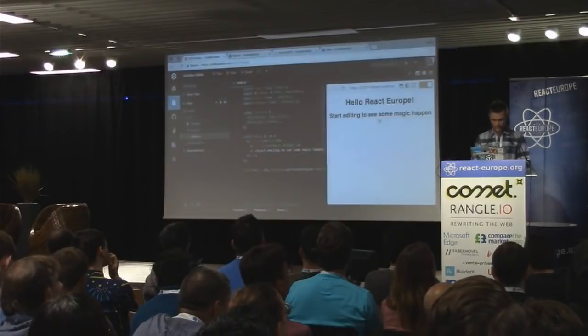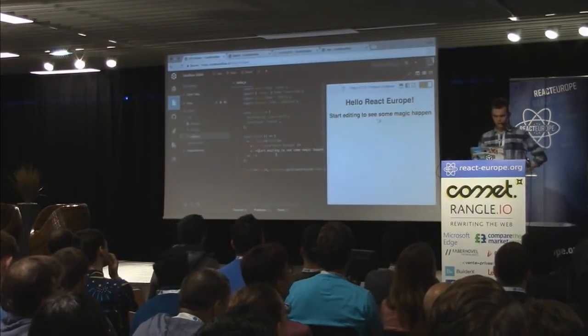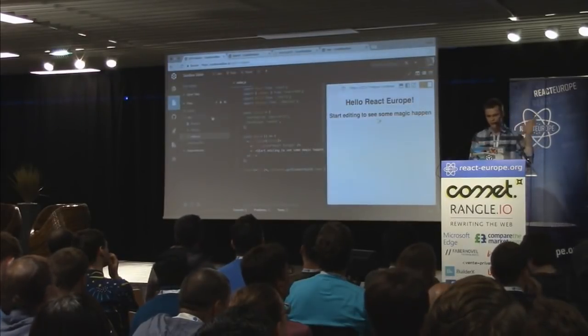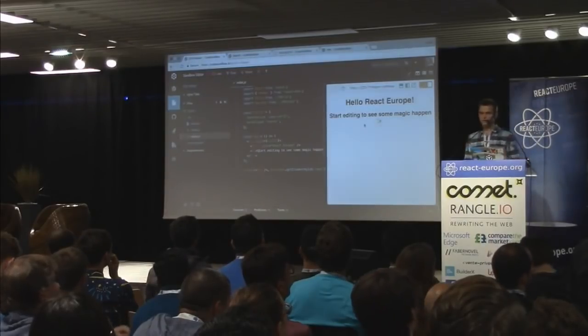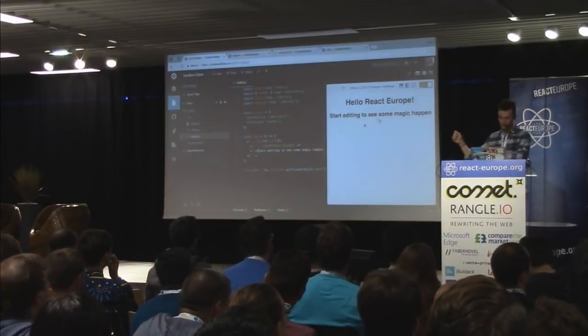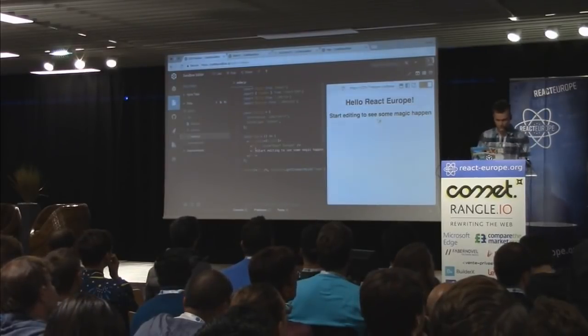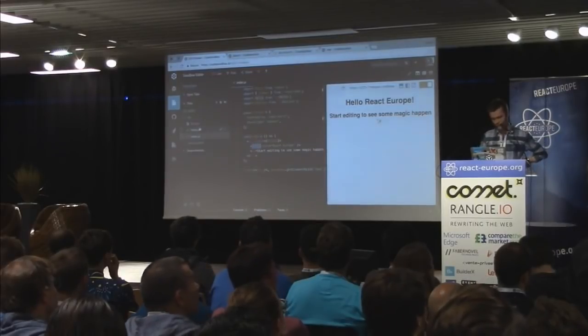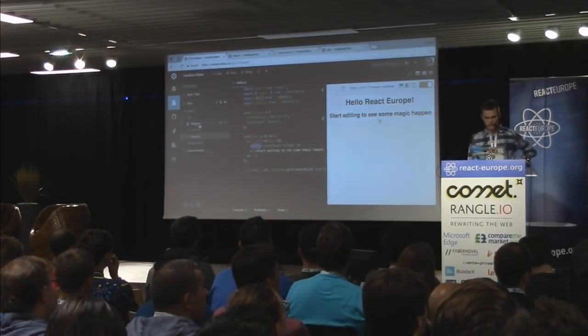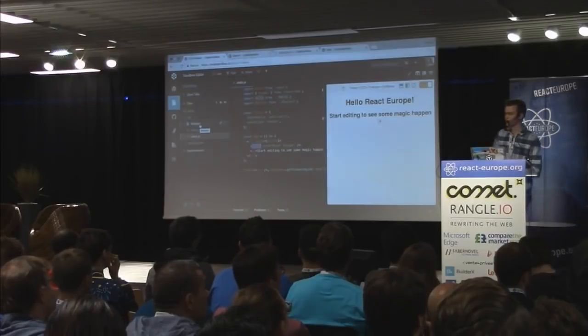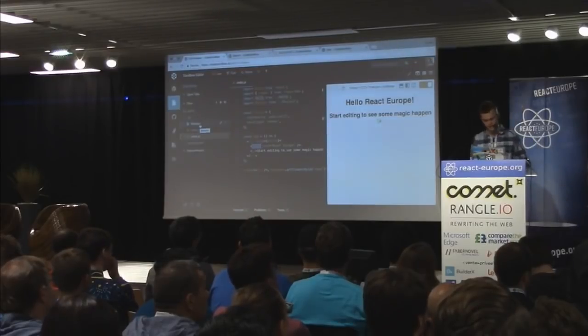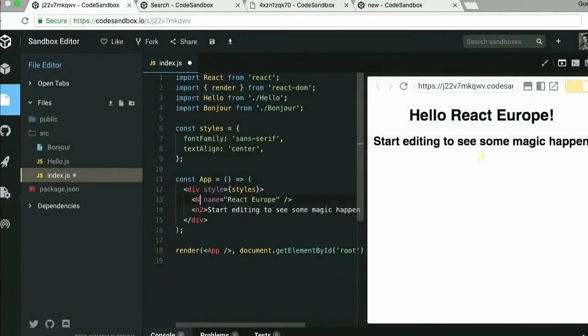So with CodeSandbox, we have control over everything. We have control over the files, over the code editor, and over the preview. So we can get a lot of data from this. In this demo, I'm going to throw an error, which is very confusing. I have this Bonjour component and Hello component. Bonjour is a raw component. I forgot to add an extension, which happens more often than you expect. And if I change this,